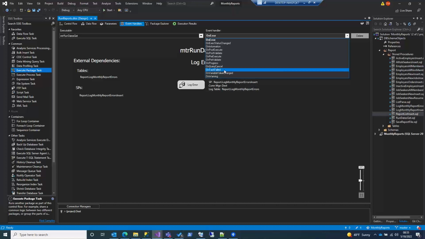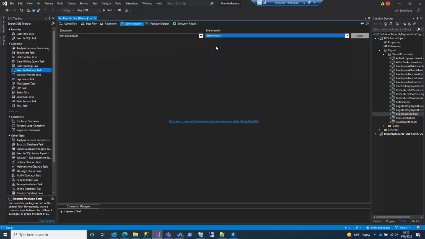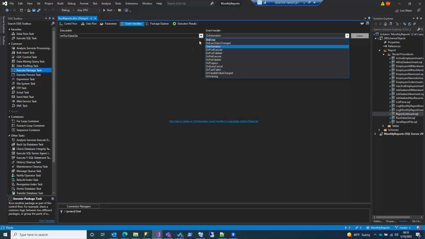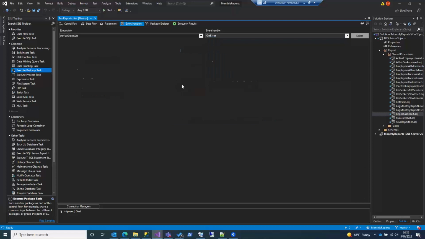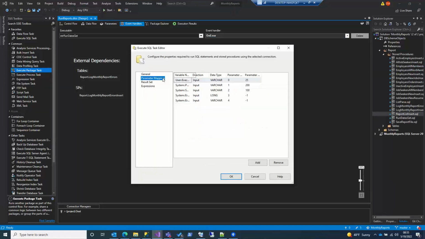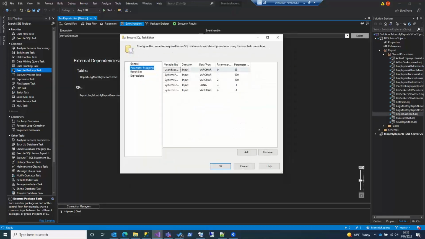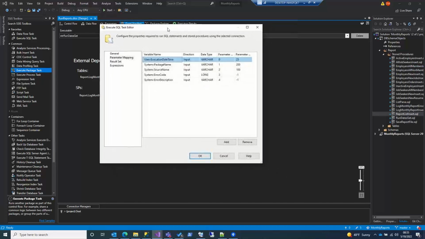To do that, it's really simple, right? You just click on one of these guys and create the event handler for it, and then just start dragging stuff over here. Now, how do you get the stuff you need? Well, you've got system variables in here, right? So I'm mapping this SP to system error code, error description, right? So it's pretty easy to map these things to the errors that got returned, including the source name,